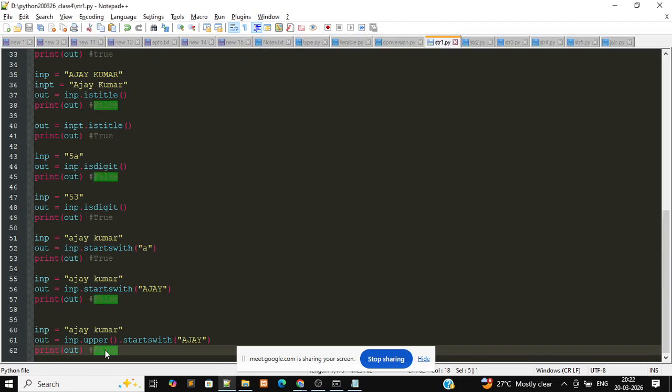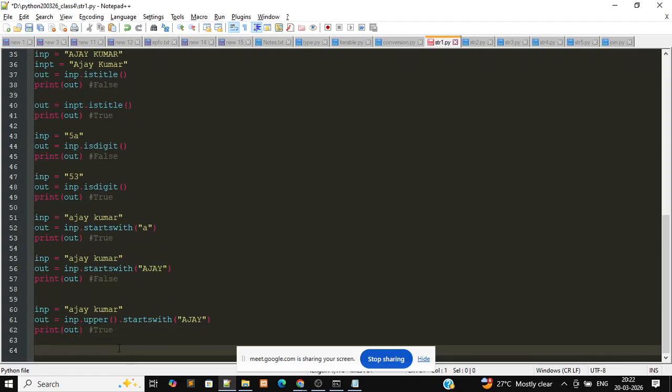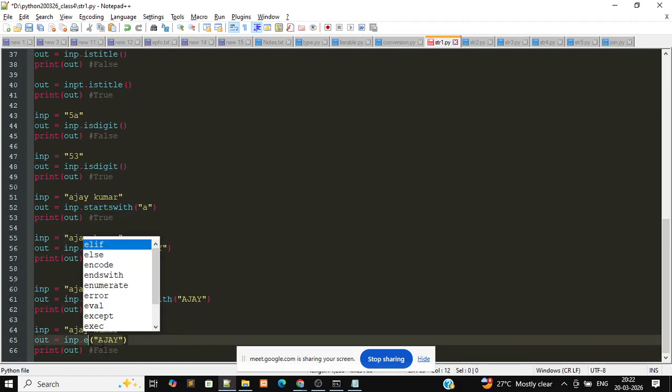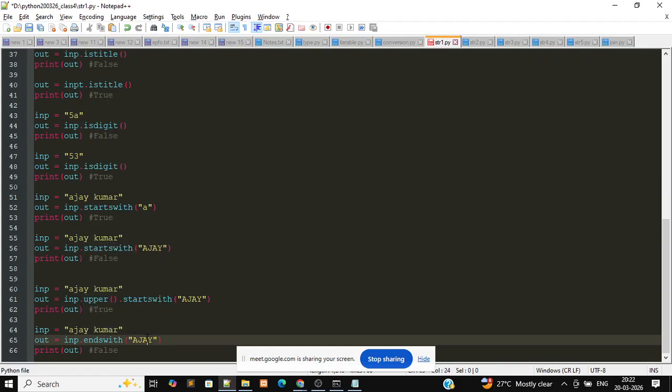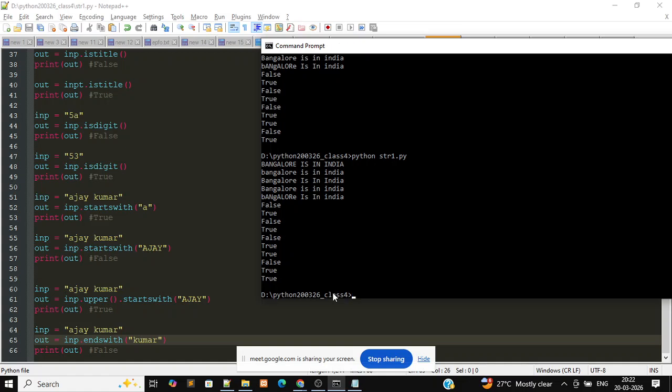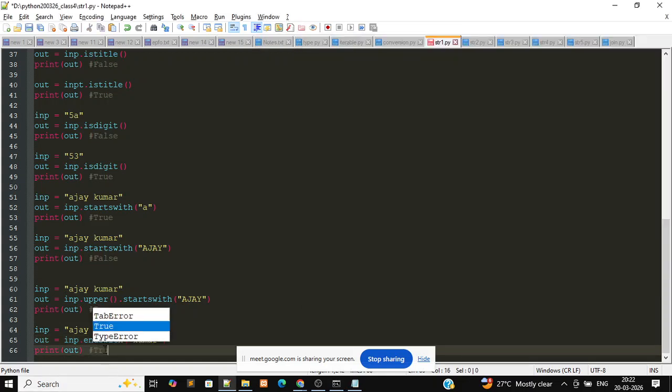Okay, good. There is something called endswith as well. Startswith, endswith. I'll just give one example. I will use this simple one. Endswith, so if it ends with, I'm using Kumar. So ideally I should get true. Correct. Similarly,